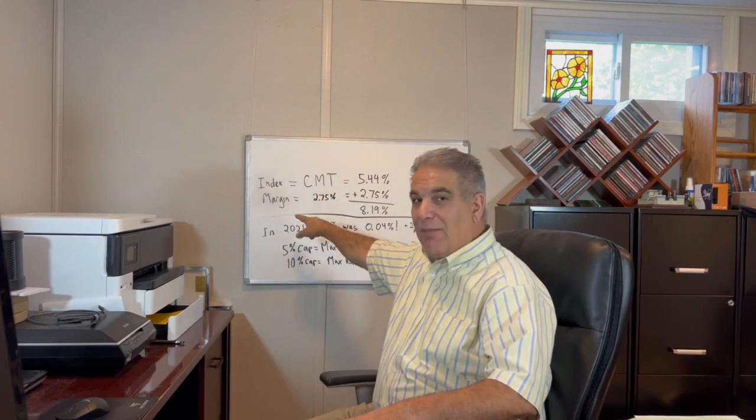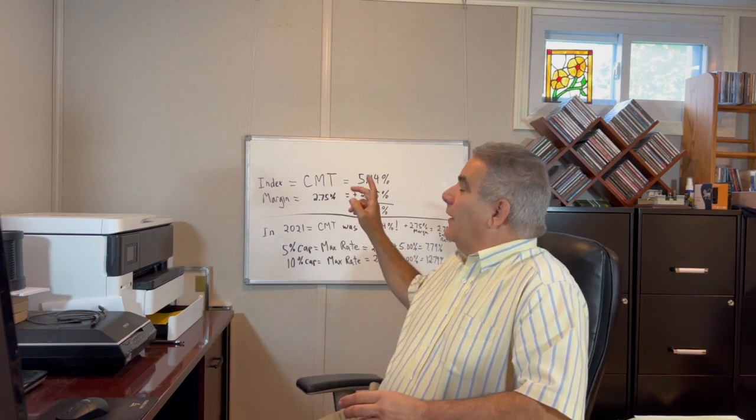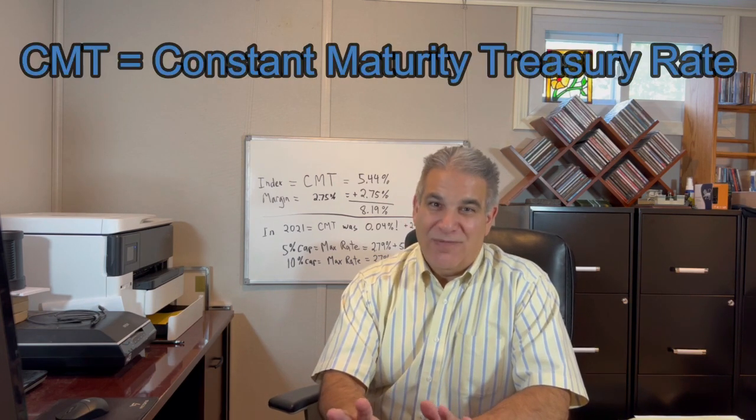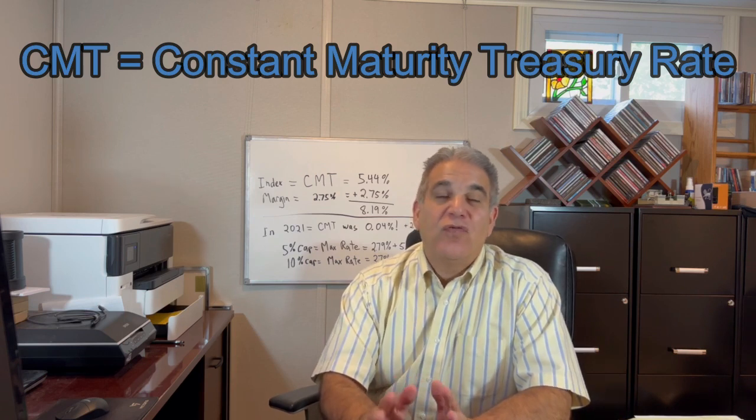it's made up of an index and a margin. And you add the two together to get the final interest rate. With a reverse mortgage, most of the time, the index you're dealing with is the CMT, which is the constant maturity treasury rate. You could look it up on Google and learn all about it if you'd like, but that's just the index they use. Now, you may not have heard of indexes and the CMT, but you probably have heard of the